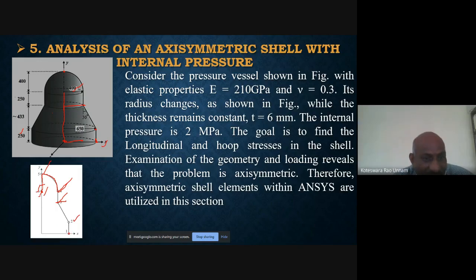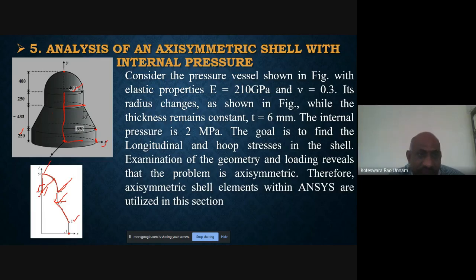Then I'll join key point 1 to 2, 2 to 3, 3 to 4 by straight lines, and 4 and 5 by arc. To do that, I'll use the option that is end key points and radius. I know this is the center, therefore 400 should be the radius. Using that option, I can create this. Once I have done that, then I'll mesh this.